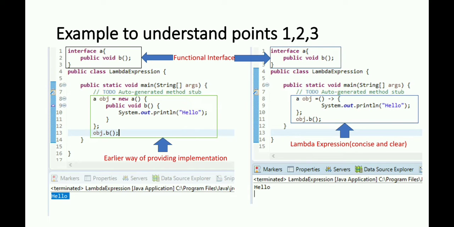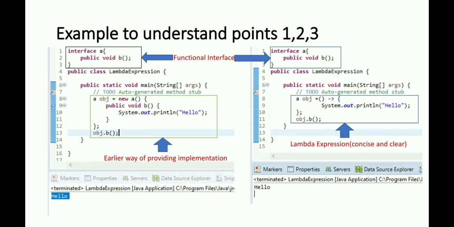So if you see in this example on the left side, we have an interface A which has an abstract method B, and we are trying to provide the implementation of this B in the main method. So if you see, this is the earlier way of providing the implementation. We are trying to create an anonymous class and provide implementation.